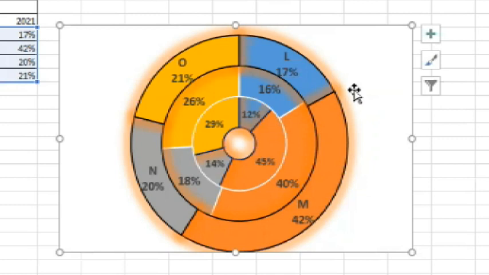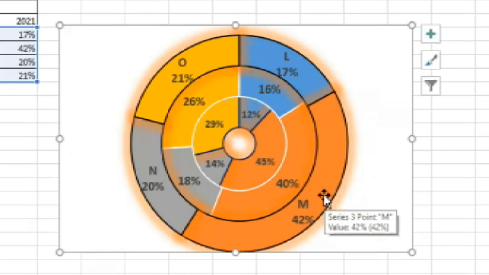Now clearly you can find out that the L product, which was contributing 12% of the total profit share in 2019, its share has increased to 16% in 2020 and 17% in 2021. On the other hand, if you look at the M product, its percentage of profit share is reducing from 45 to 42.